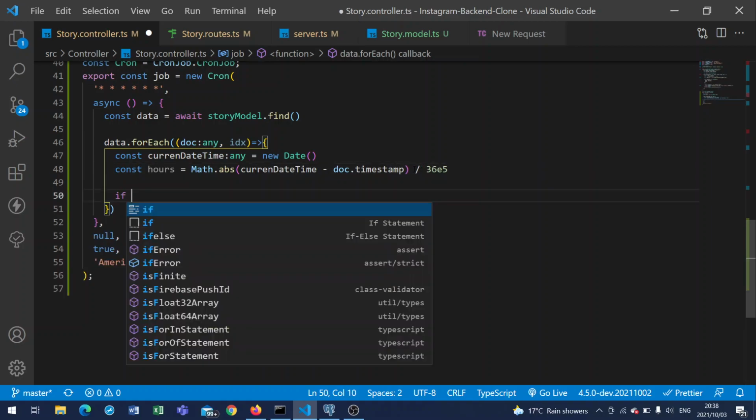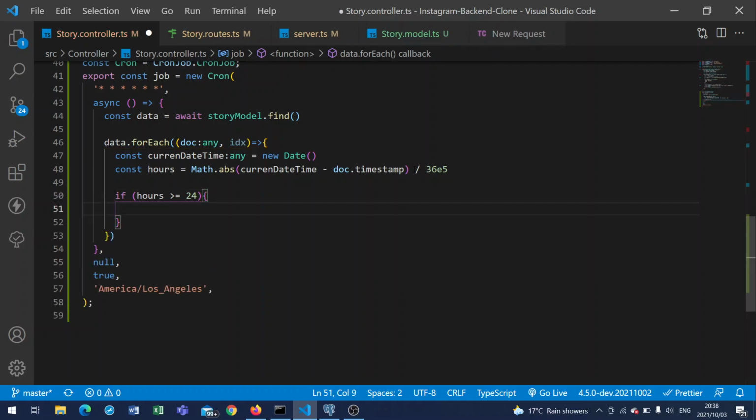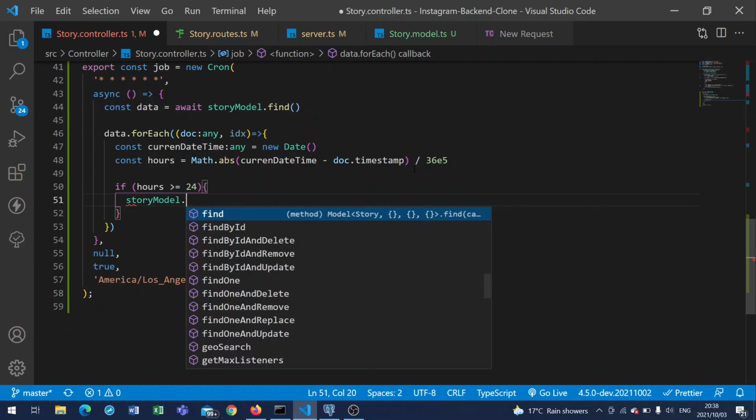So if hours is greater than or equal to, because it might be possible that we miss the exact 24 hours directly. I don't know how they handle that after 24 hours directly, it nukes out. But if that document's hours is greater than or equal to 24, we know that the 24 hours is met. So say story.find